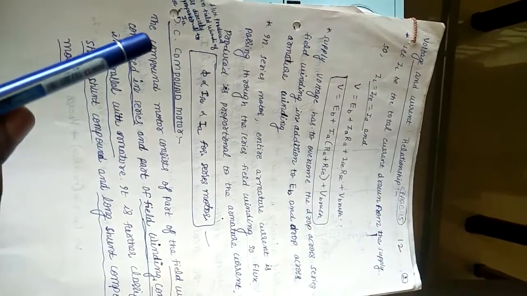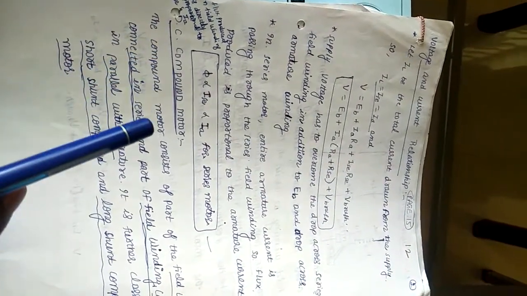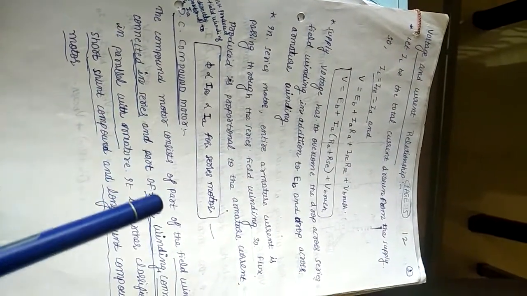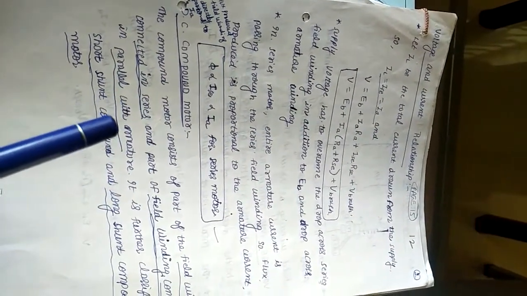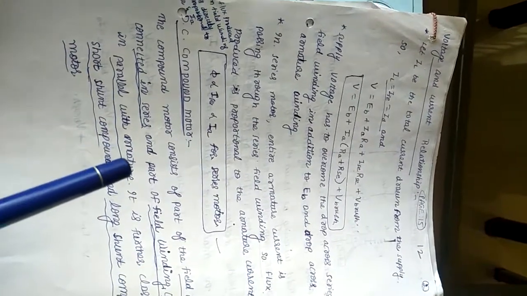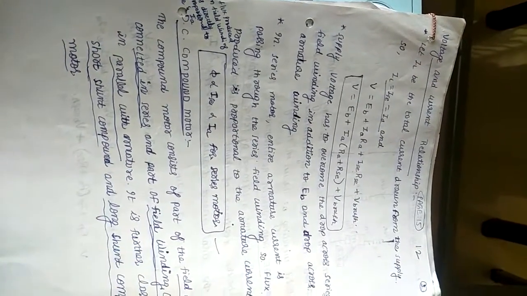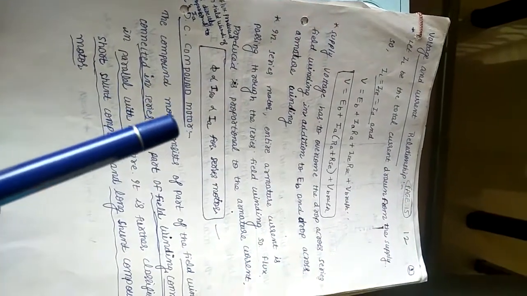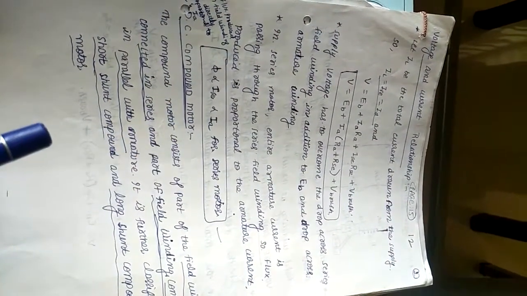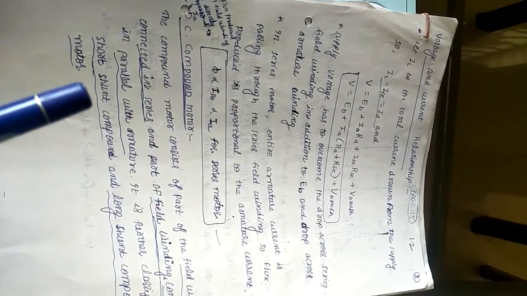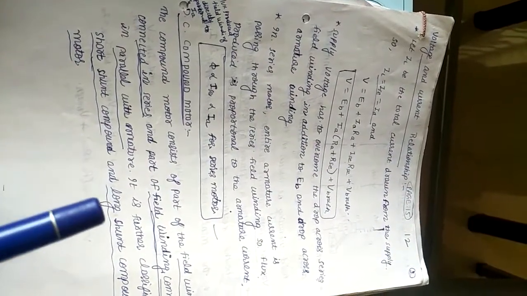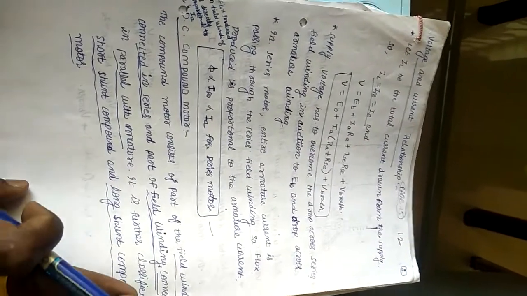Next, we'll move on to the DC compound motor. See, in the case of compound motor, a part of the field winding is connected in series and a part of the field winding is connected in parallel with respect to the armature. So based on that, we classify the DC compound motor into two types. The first one is the DC short shunt compound motor and the second is the DC long shunt compound motor.